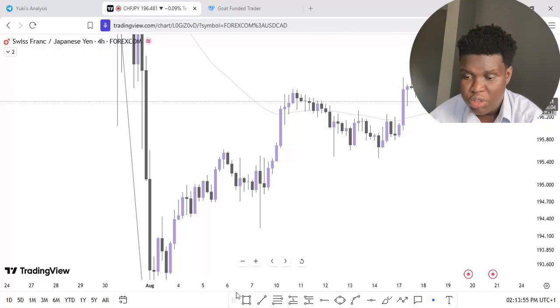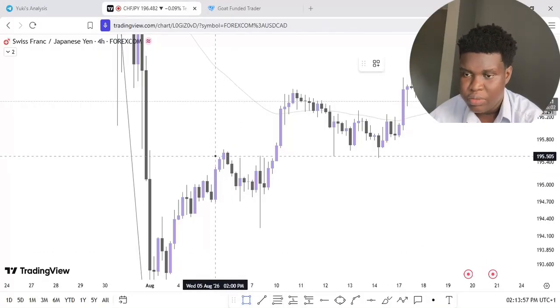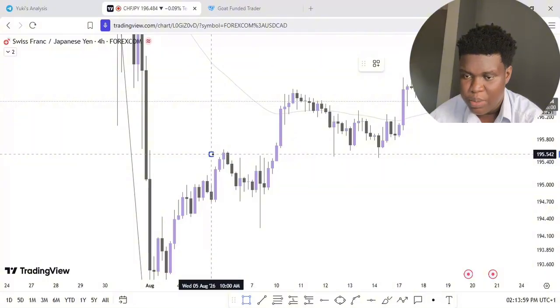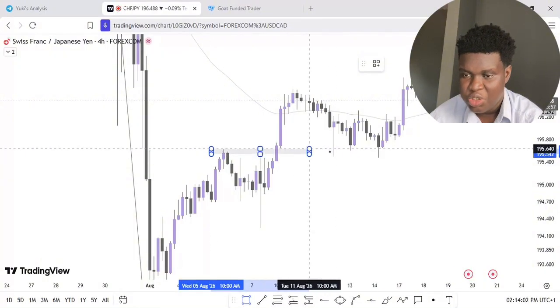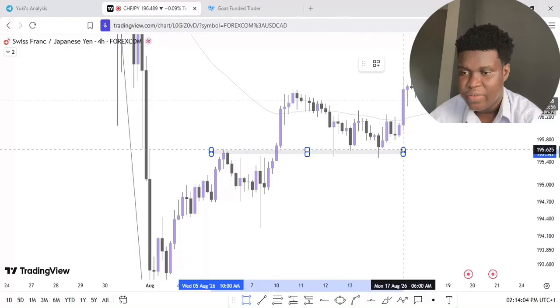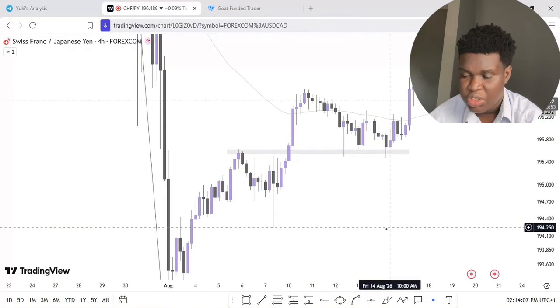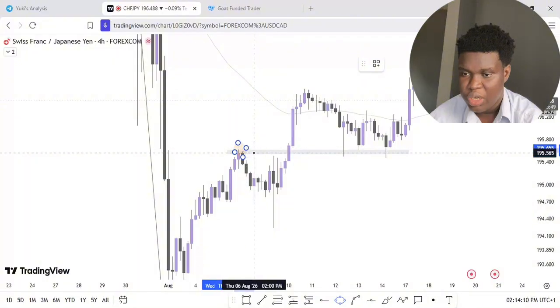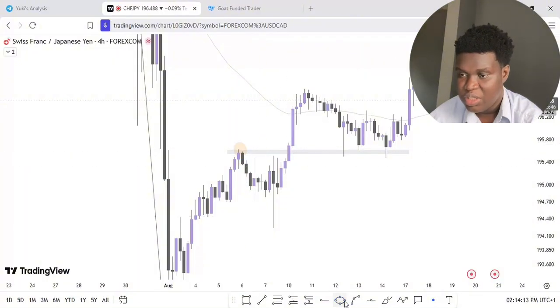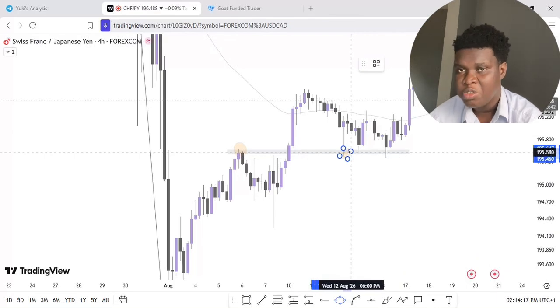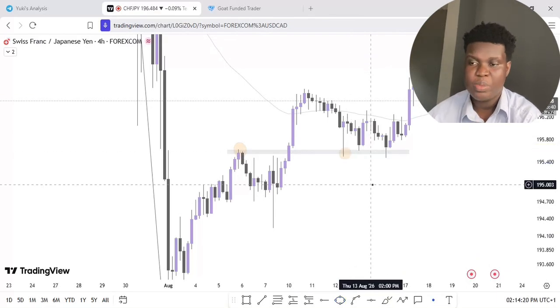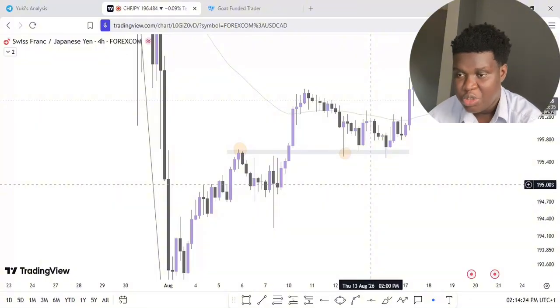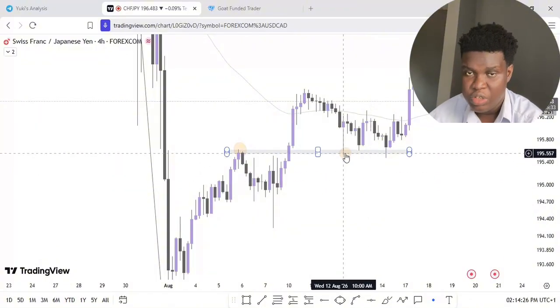If you look close, there's a clean level of break and retest that played out here. Initially this was a resistance zone. Price broke above it, and my strategy demands that when price comes back, it serves as support. It doesn't always play out, but when I'm able to execute this particular setup, I have a high win rate. After price tapped into my POI, which is point of interest,